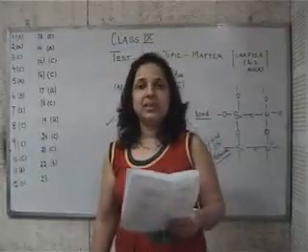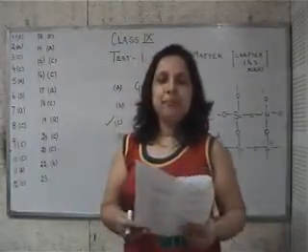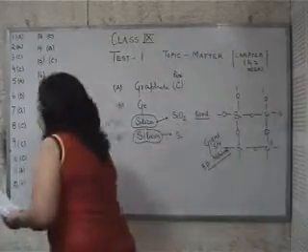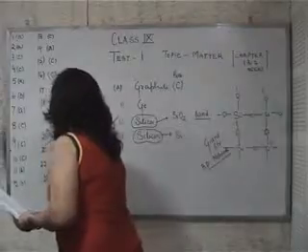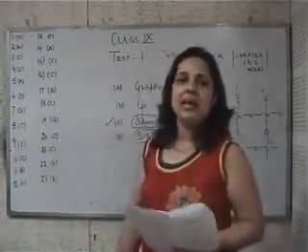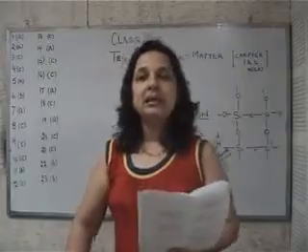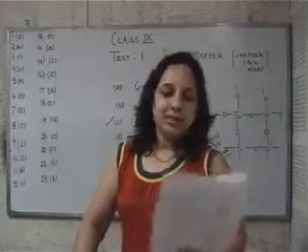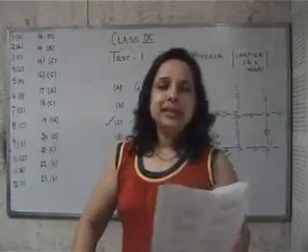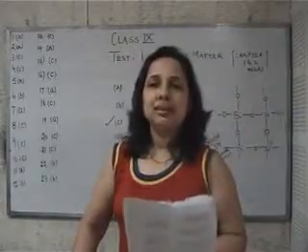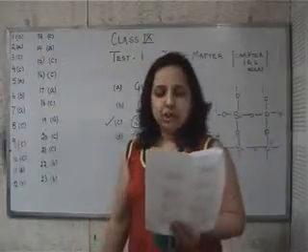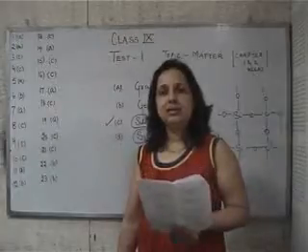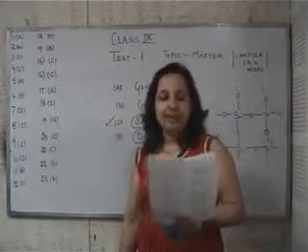Now question number 23, malleable and ductile best describes. That is answer metal, because metals have the special characteristic of malleability and ductility. What is malleability known as? Malleability means a metal can be converted into sheets, and ductility means it can be drawn into thin wires. Metals can show these two properties. That's why metal is used to make wires as well as sheets of metal.